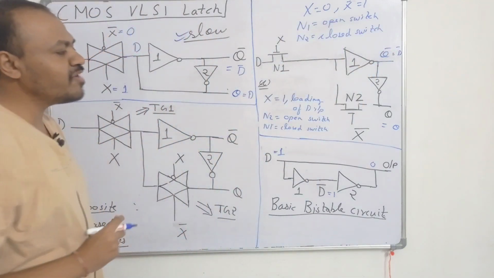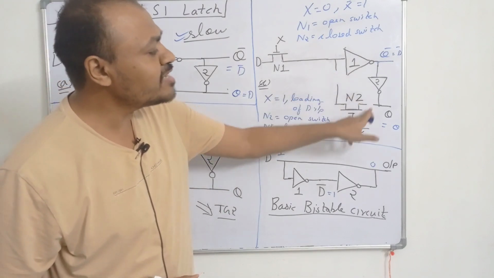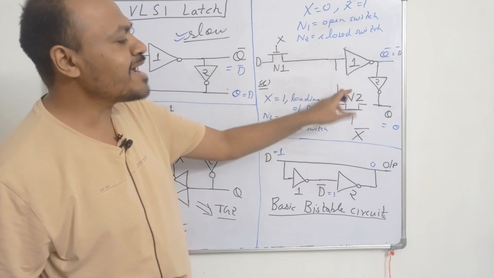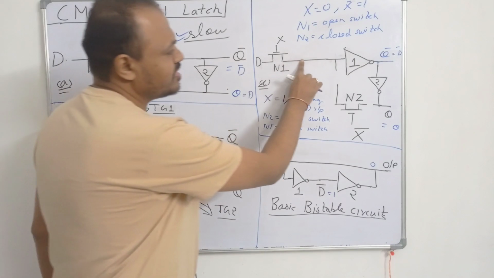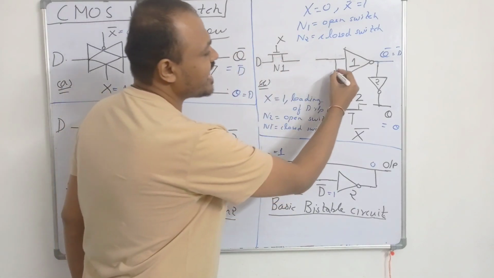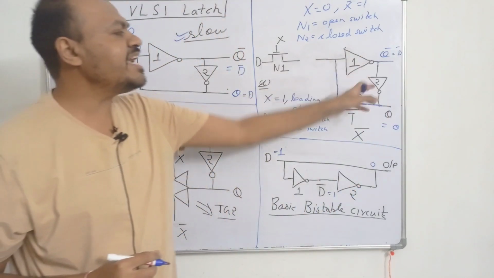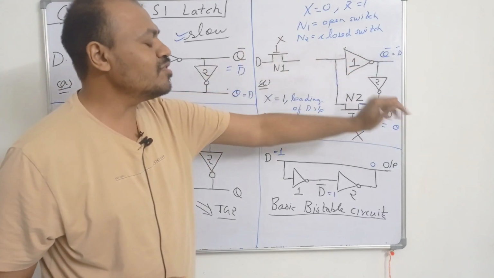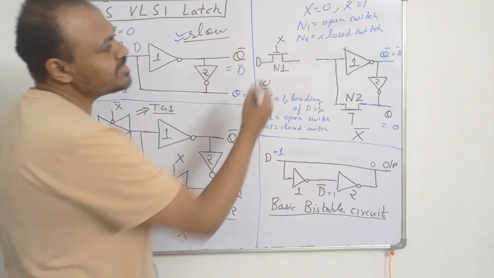Earlier, when x equal to 1, that is, when the loading of the D input took place, this feedback loop was absent from the circuit because N2 was acting like an open switch. But when x equal to 0, then N1 is acting as an open switch. So now this D input is absent from the circuit, and N2 is acting like a closed switch. Now we only have the feedback loop in the circuit, and the input is cut off. So Q bar and Q will maintain their state, or hold on to the value of the charges. This is called the holding state.